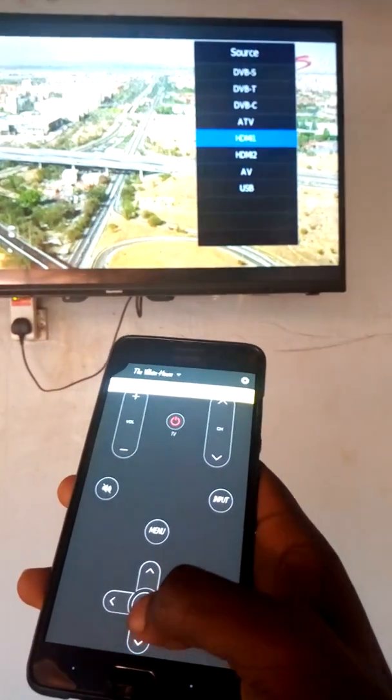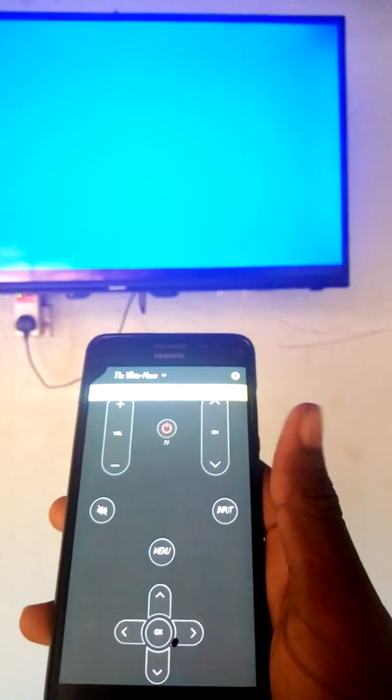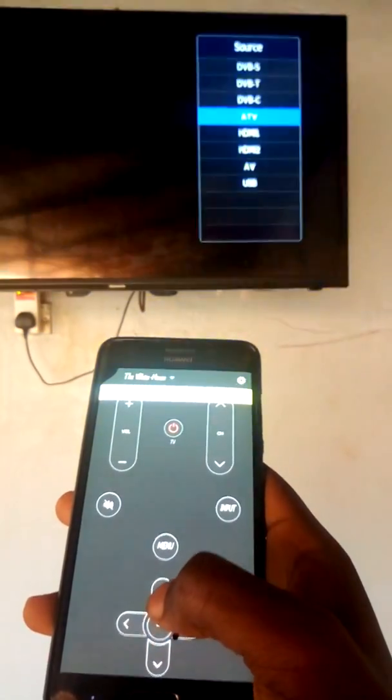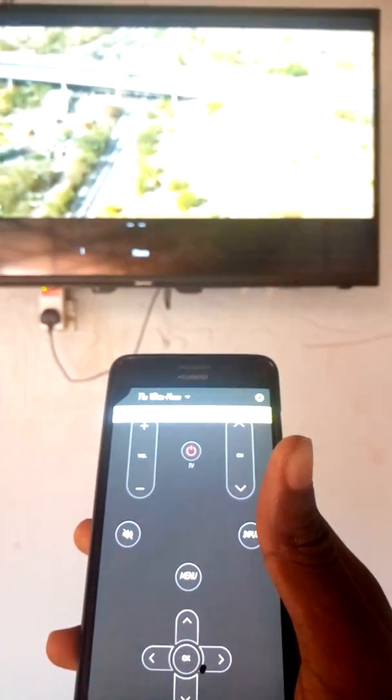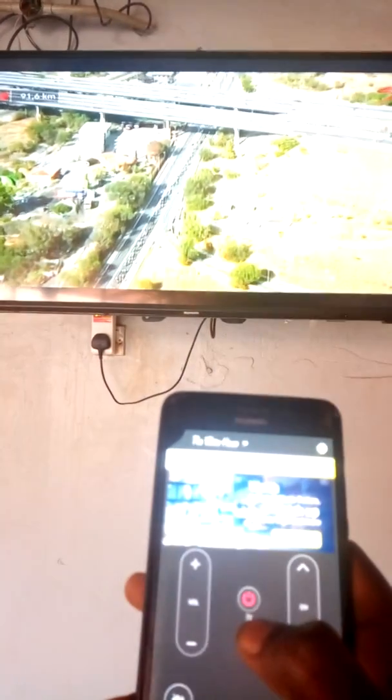Then scroll down here, press OK, like that. Still got input. Back to that. Okay, so like that. They got them to switch off. So besides that,